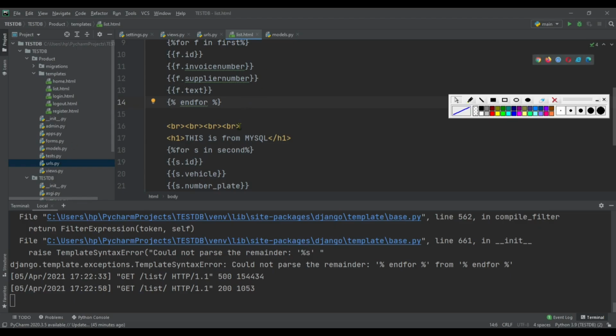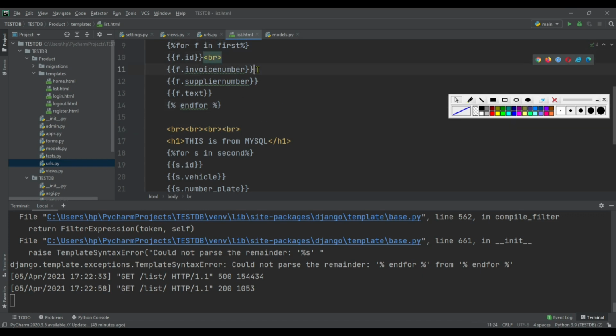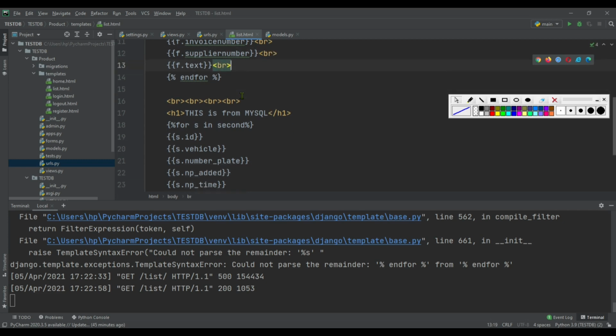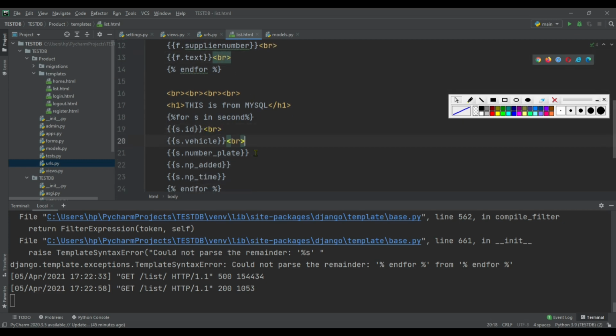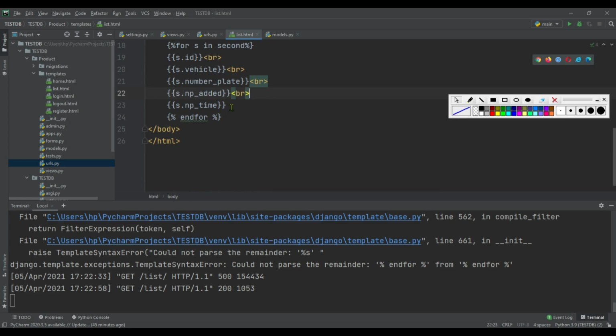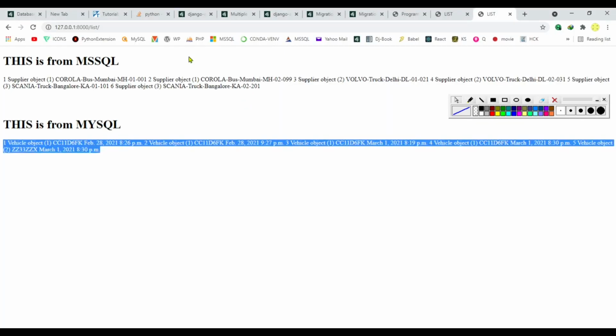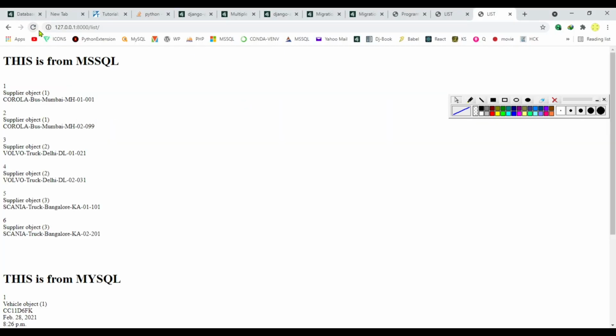Let's apply line break here. Copy this. Save the file. Refresh this page. So this is coming from MS SQL DB.